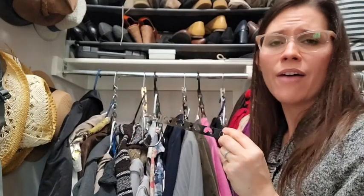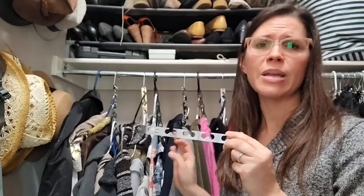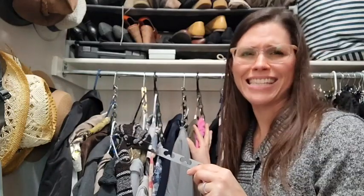It's so nice to be able to add a new item of clothing, a new outfit, even though you have very little space to work with. It really has made it easy for me to stay on my side of the closet and not take over my husband's. I am a huge fan for any item that allows me to use the full potential of the